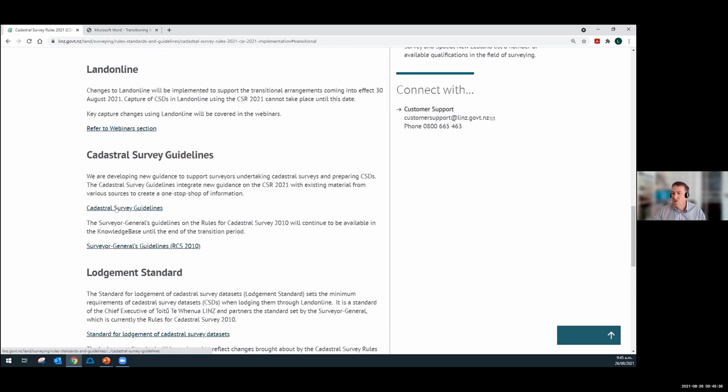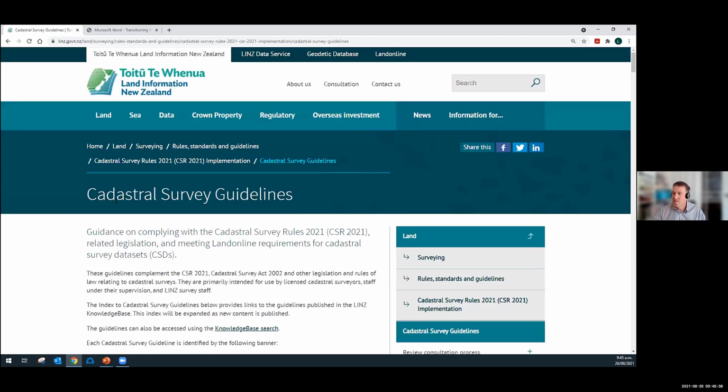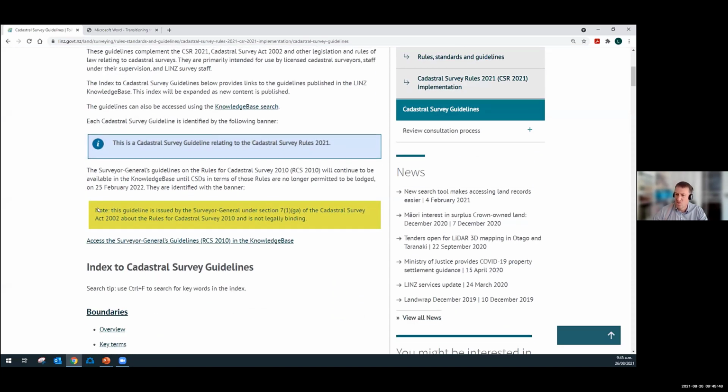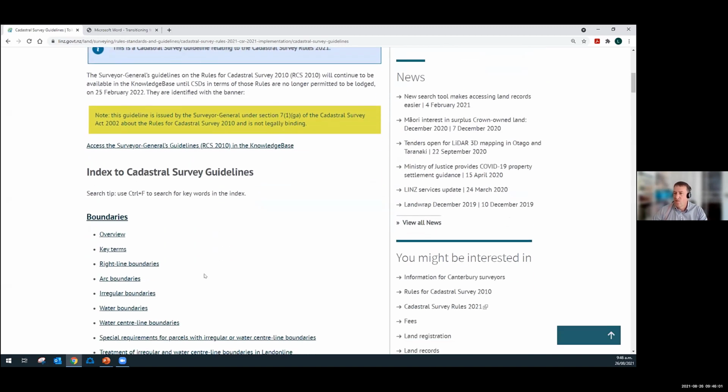There's a section on our new Cadastral Survey guidelines. The existing guidelines that we've got to support the 2010 rules will continue to exist for some time yet, and the guidance for the 2010 rules is identified by a yellow banner, and any new guidance relating to the Cadastral Survey Rules 2021 is covered by a blue banner. Now, all the new guidance that we've released so far, and we're still adding to this, and there'll be more released before Monday,